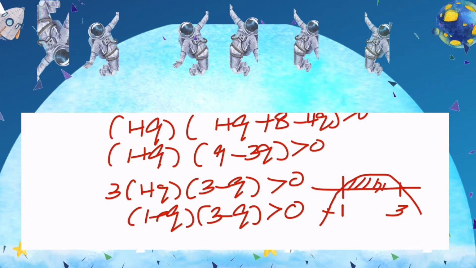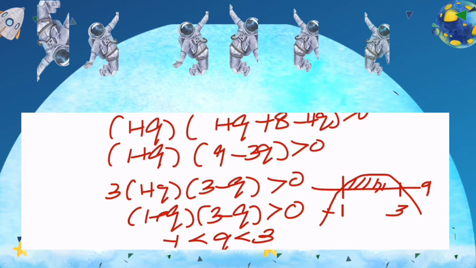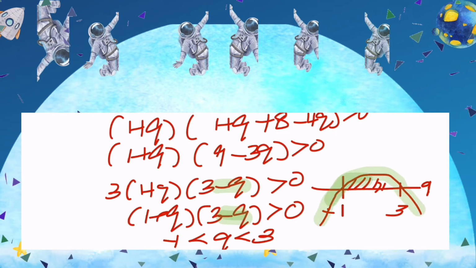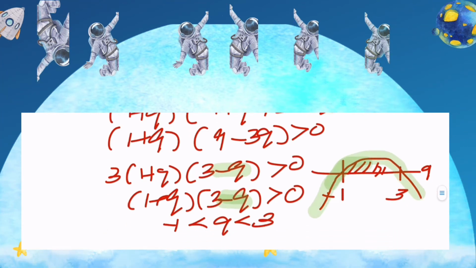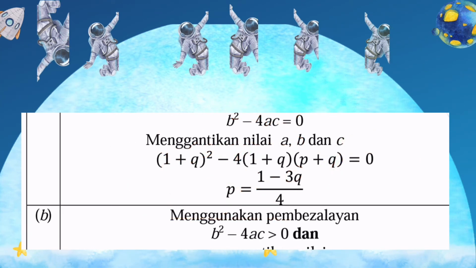So we have to shade above the x-axis, meaning that the range of q should be greater than -1 and less than 3. Alright, so it's not always a U shape, because we are having the coefficient of q squared which is negative. So we must sketch the N shape. Alright, so you can make it U shape if you shift to the right hand side, but then the inequality sign will become less than 0, and finally you will get the same answer.